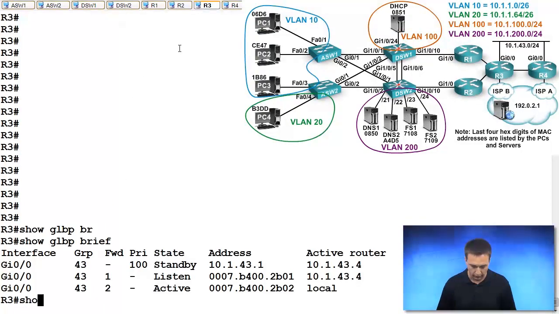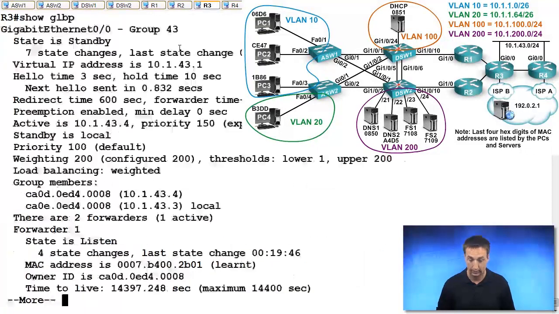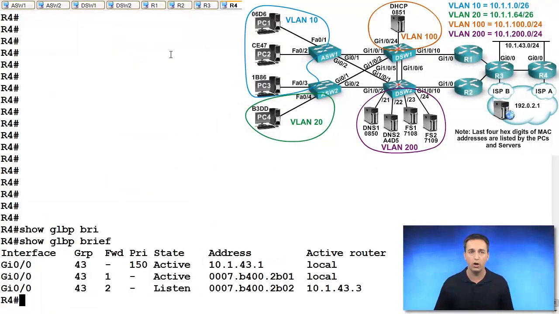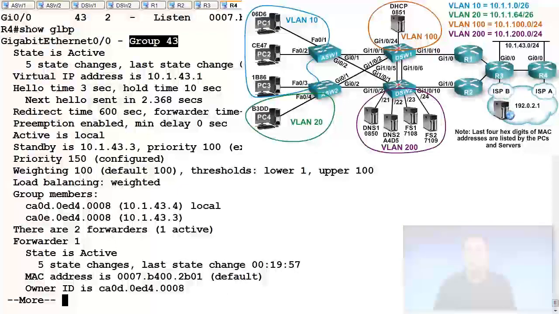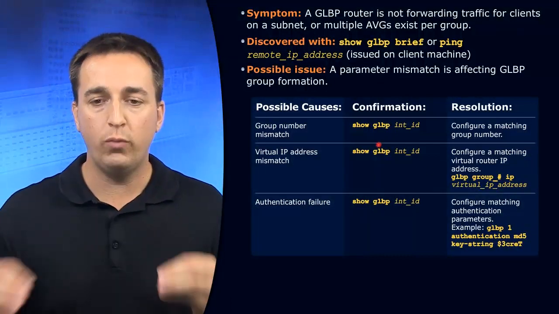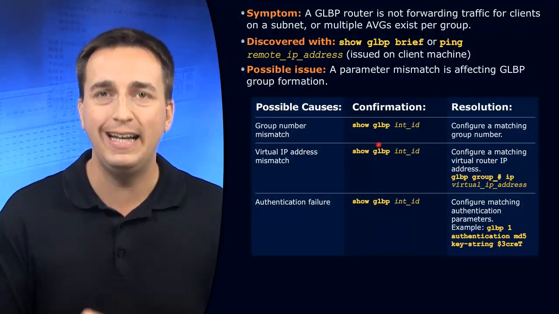We can also verify the group number with the output of show GLBP. And it says up here that for Gigabit Ethernet 0/0, we're configured for group number 43 for GLBP. If we go over to R4, we'll see the same thing too, show GLBP. Again, group 43 has been configured on R4. So consistency in the group number is very important to make sure that we have those routers participating in that